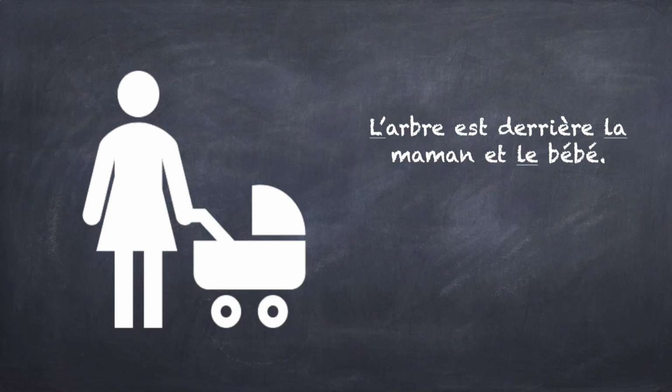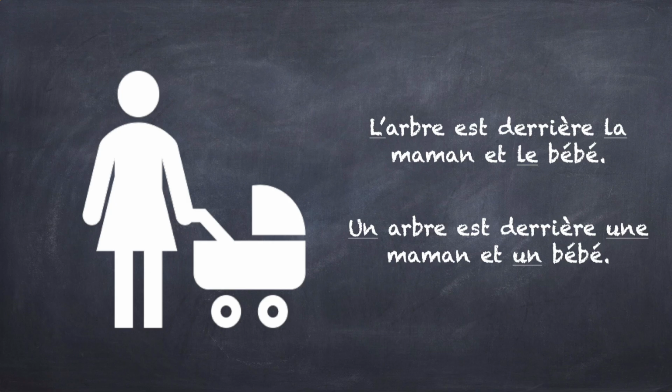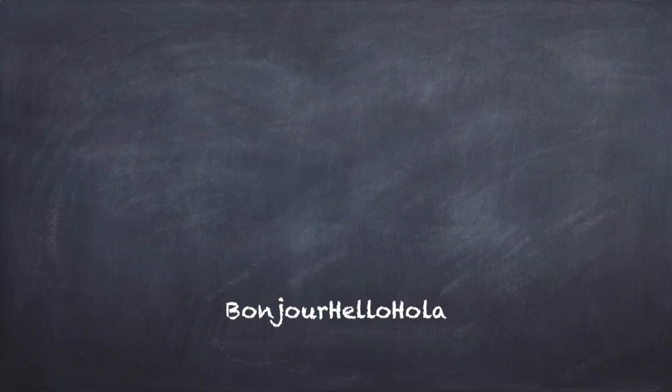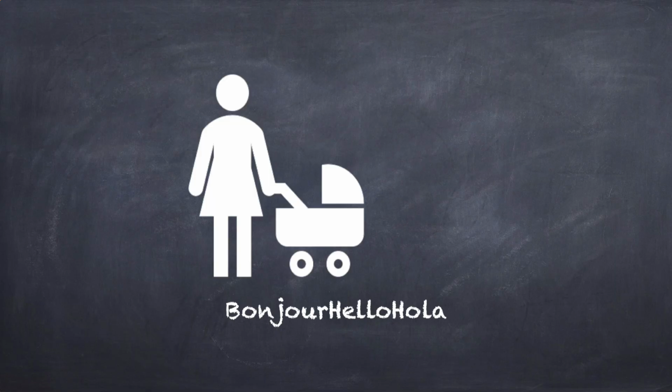If you were telling Carla a story, though, where there was a tree behind a mom and a baby, you would say un arbre est derrière une maman et un bébé. See the difference? Et voilà! We've navigated the world of French nouns and articles. Now you're ready to tell your friends about all the moms and babies you've seen, especially if there was a